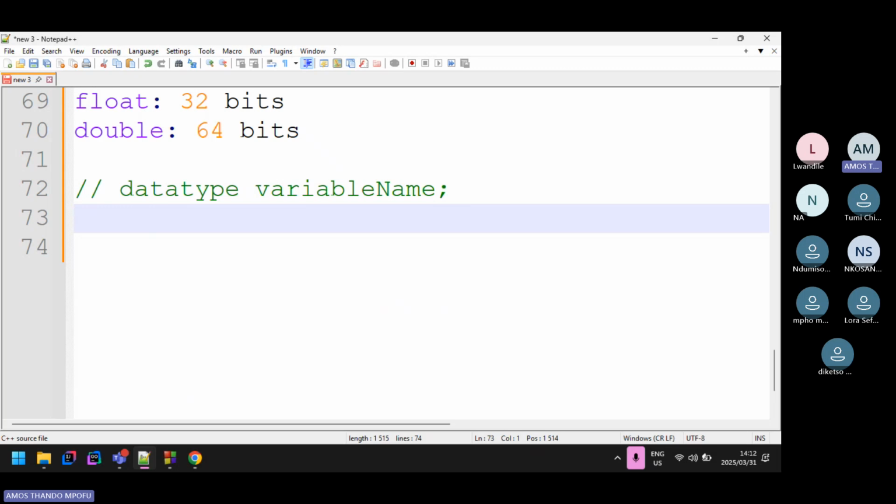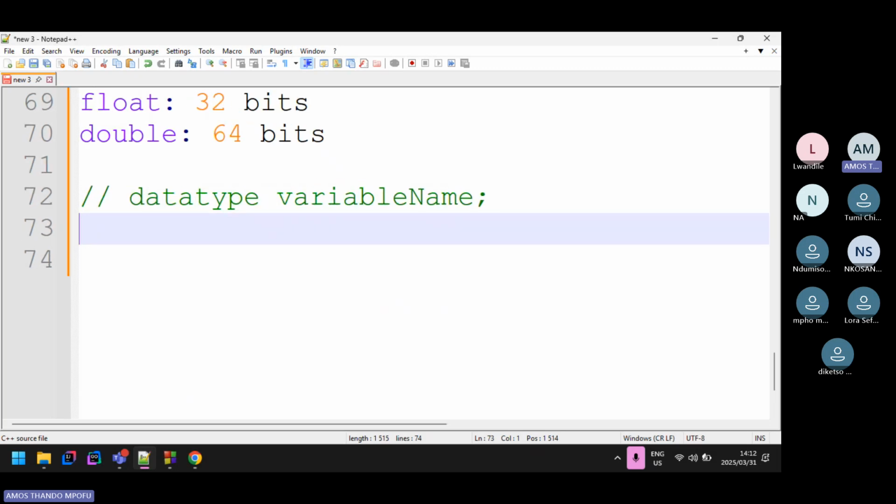So how would you name the variables? Let's talk about that, since we understand the different data types. Remember I said we're going to talk about strings and all these other data types when you get there. So how do you name variables? To name variables,